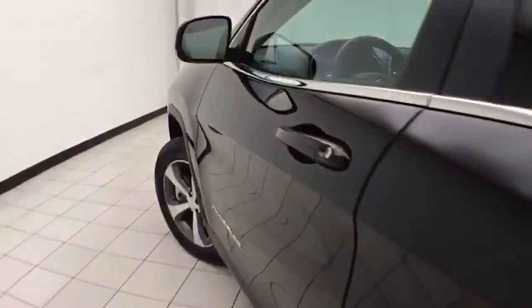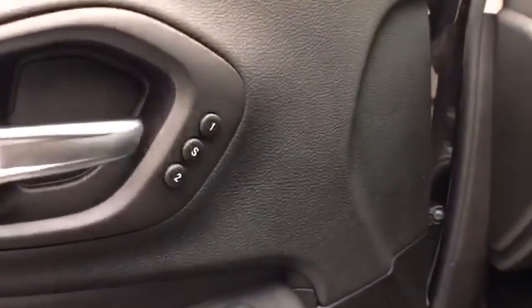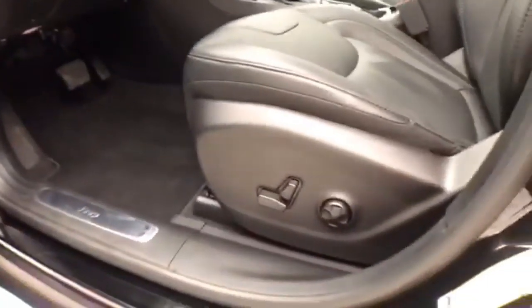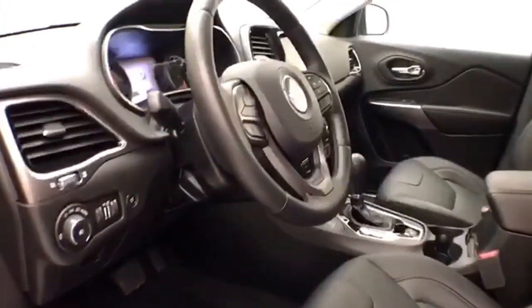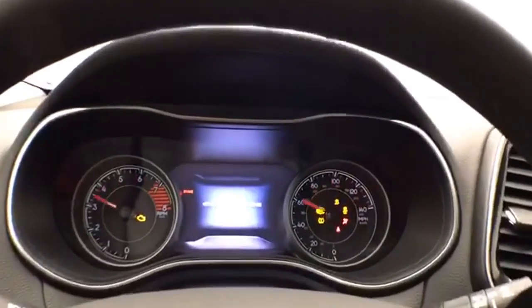This Limited has keyless entry with remote start, power windows, locks, mirrors, memory settings for 2 drivers, power seats along with a tilt and telescopic steering wheel that puts you in that perfect driving position. Large gauges